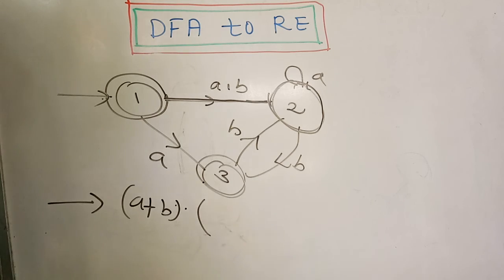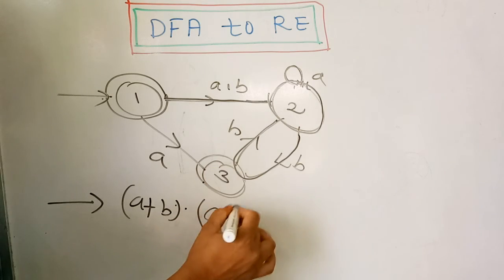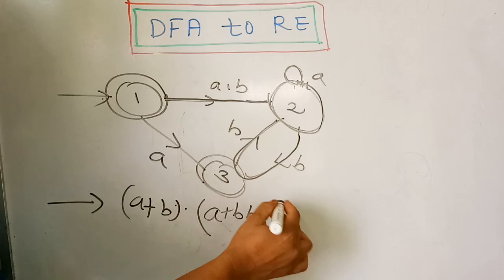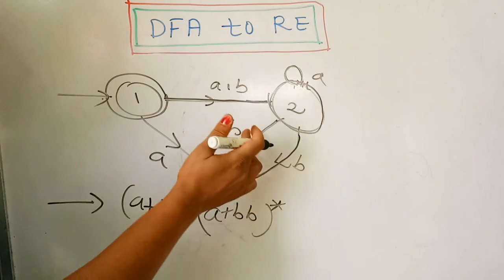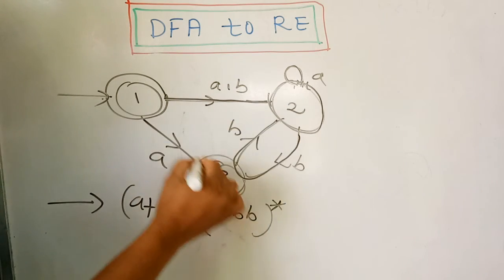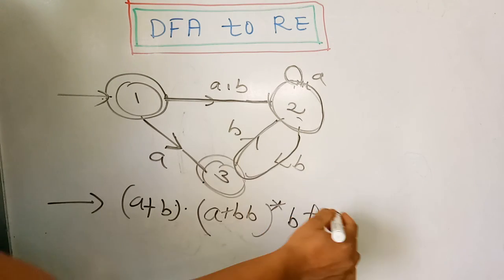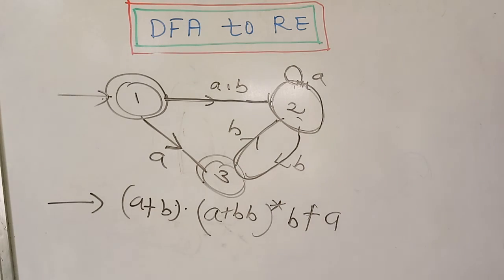Plus means it is A but it has the parallel loop, so it is A plus B, B. And then it is a loop mechanism, so it is a star. Again, if one is deleted, one B is there. So it is plus A and B. After deleting one, it is a B and plus A is there. So this is the conversion of finite automata or DFA into a regular expression.